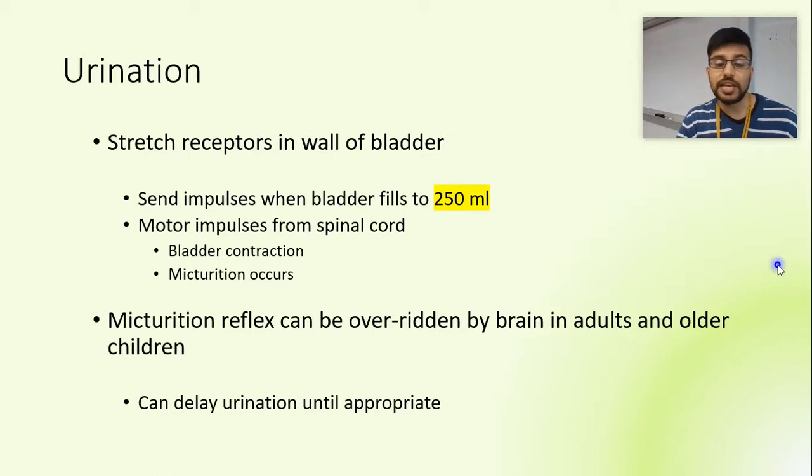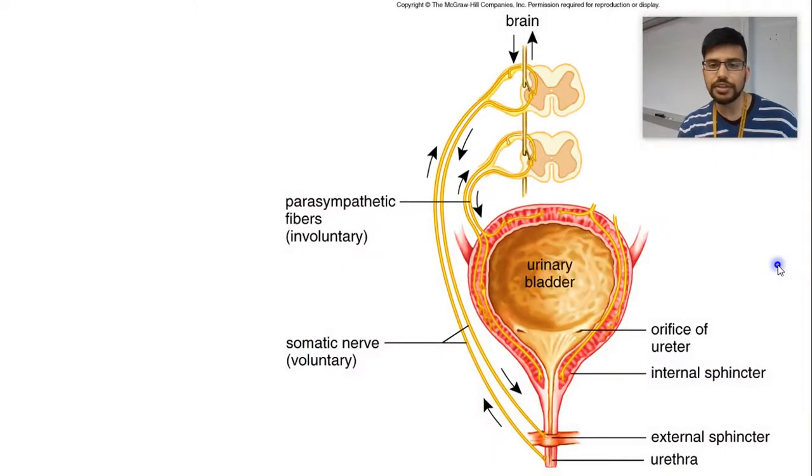Things like alcohol, for example, if that gets into your system, there's too much, your brain starts to lose that connectivity. So you still get the signal, but you can't respond to it. So people that have drank too much are also prone to peeing themselves because they don't have control over the micturition. So here you can see what that loop looks like.